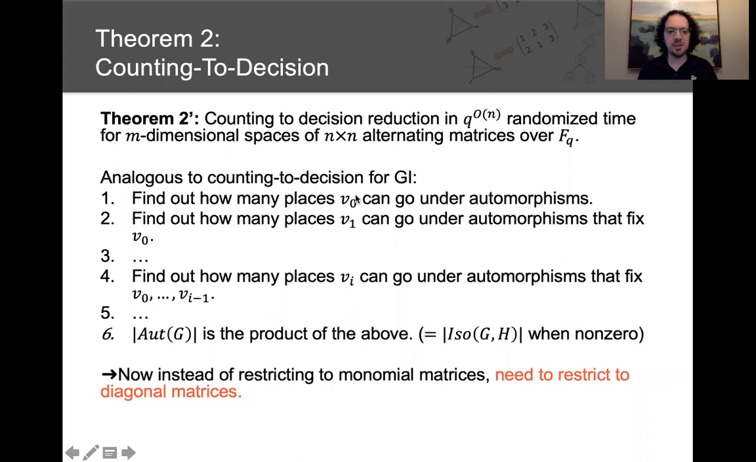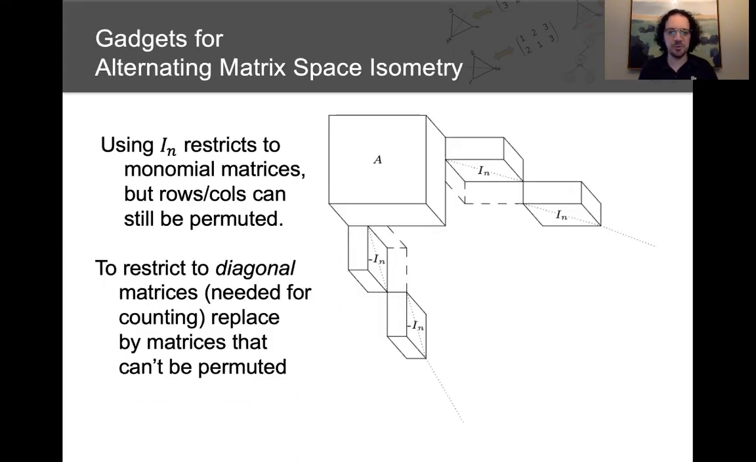Okay. And so now, in the setting of alternating matrix spaces, instead of restricting to monomial matrices, which still allow permutations, we need to actually be able to test, for a given vector, where can it go? Which means we could allow scaling, but we really don't want to allow permutations, right? We want the analog of being able to fix a list of I vectors without permuting them. Okay, so beyond restricting to monomial matrices, we need to be able to restrict to diagonal matrices. So the idea is sort of similar. You start with the same